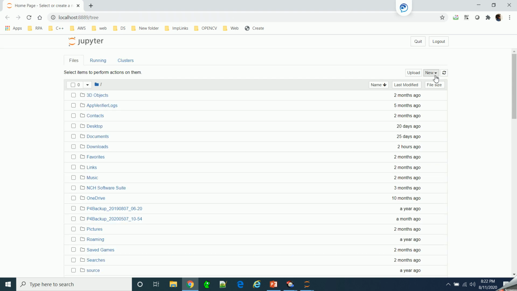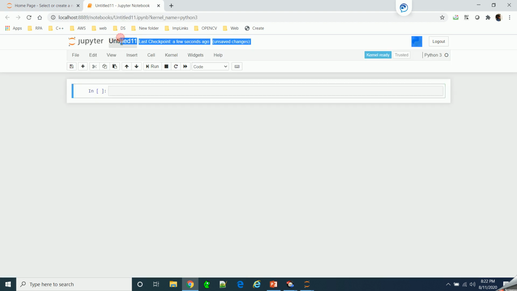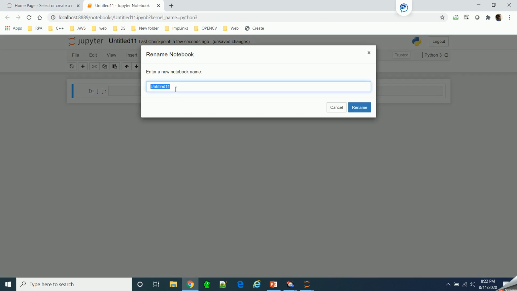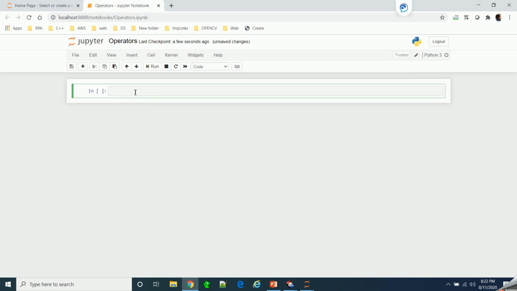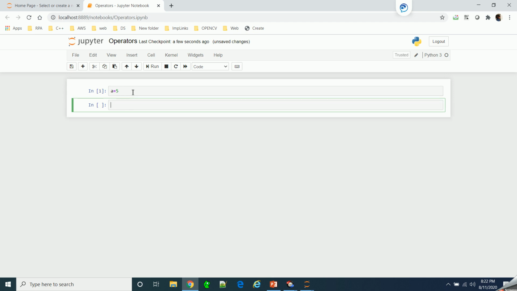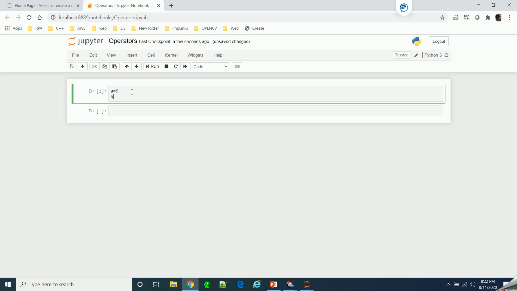Okay, so now let's open a new notebook and give it the name operators, say rename, and here I will take two variables, a equal to 5 and b equal to 6. Then we'll say run. So now we have a equal to 5, b equal to 6.